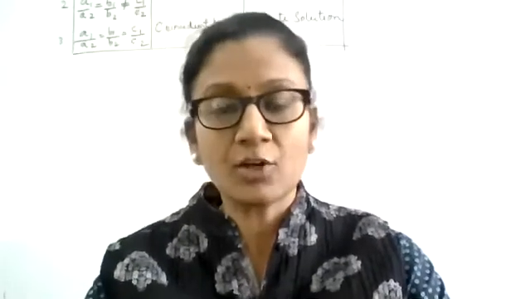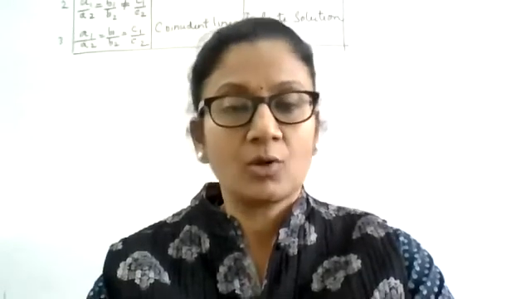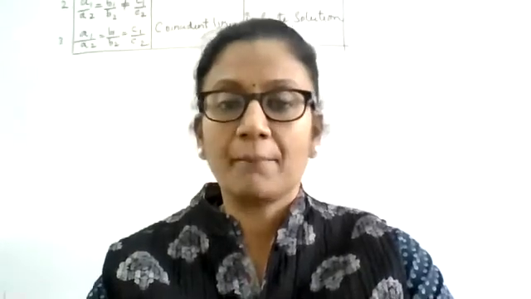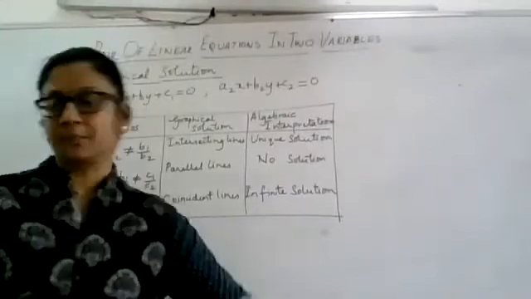There is a condition which will tell us what kind of solution you are going to get by just looking and comparing the coefficients of the given set of linear equations. So now I'll go to the board and try to explain how you can find out whether a given pair of linear equations in two variables will have intersecting lines as the solution, coincident lines as the solution, or parallel lines as the solution. This we discussed in our previous class, but we will repeat it again. So I'll go to the board and from there I will continue. I hope the board is visible.